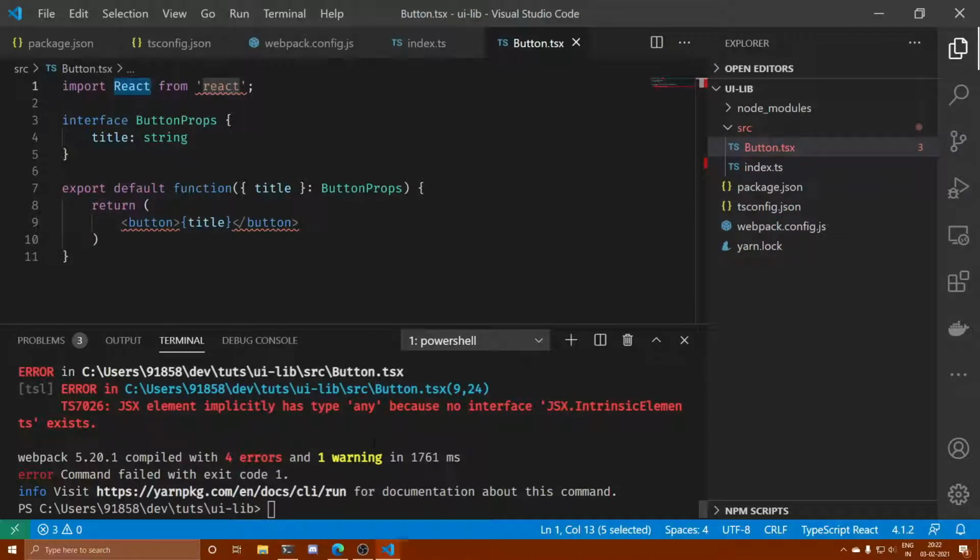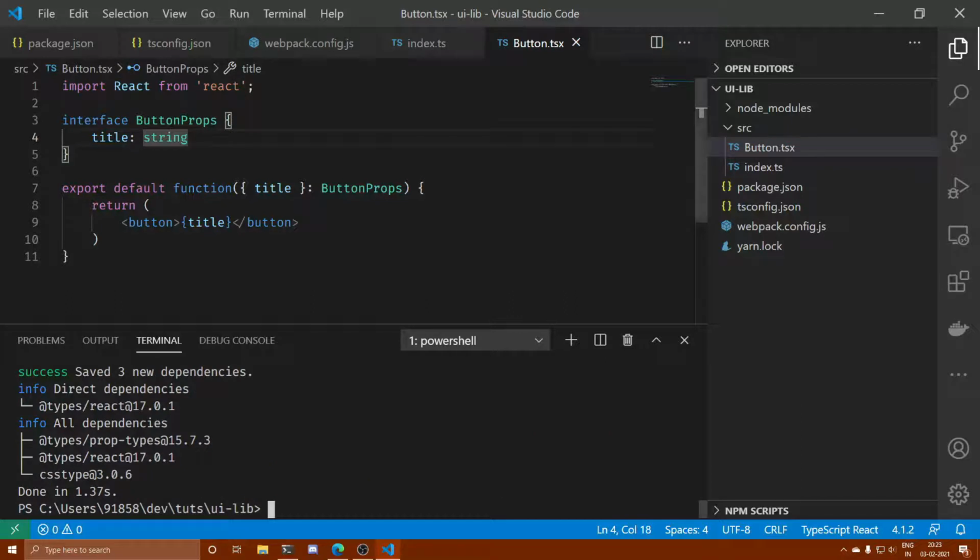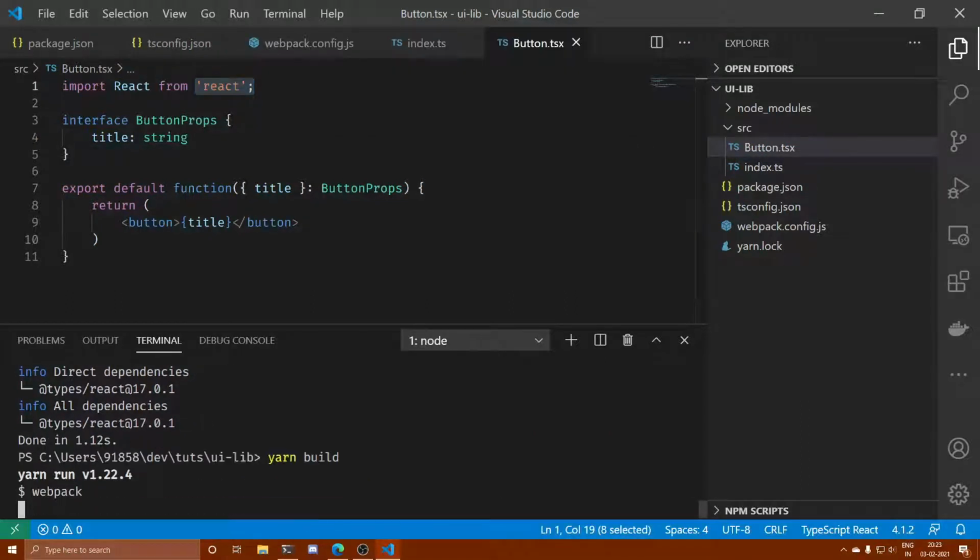So basically type declarations don't contain the actual code but the typings part. So it is more like a container which contains all the signatures of the functions. Okay, so again it is going to be installed as a dev dependency, types and React. As you can notice that squiggly underline went away. Let's rebuild this thing.